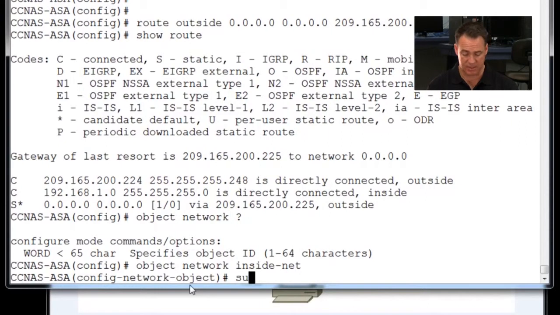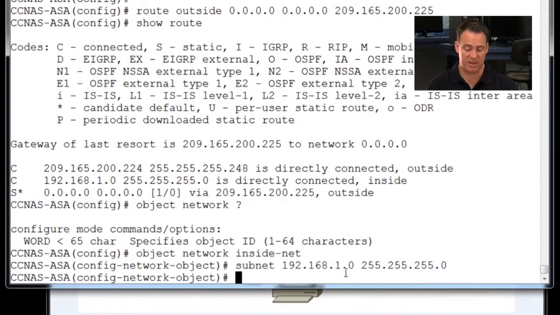The first thing we're going to put in is the subnet that we're going to translate, basically the inside network, which in this case is the 192.168.1.0 network. We need to put in the subnet mask. Now that we have the subnet, we also have to put in our NAT command. So our network address translation command is nat, then (inside,outside), both in parentheses, and then